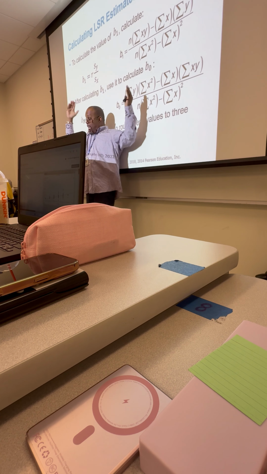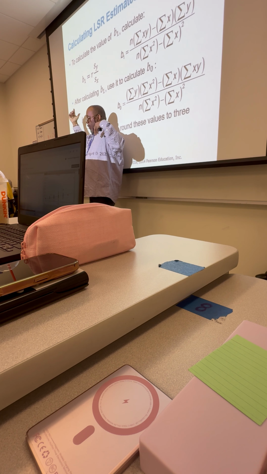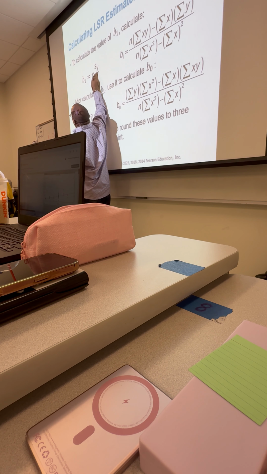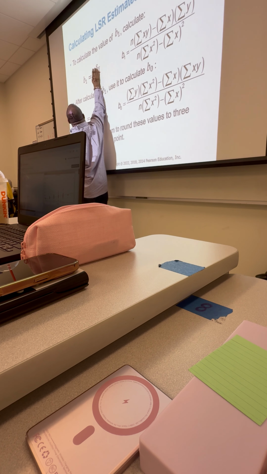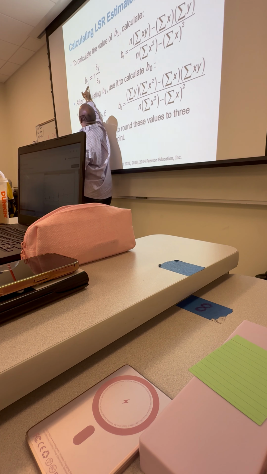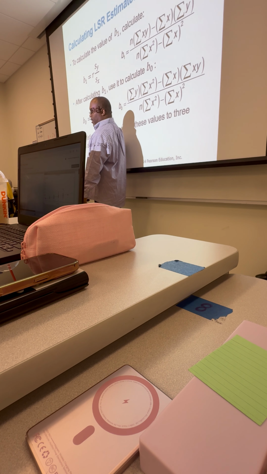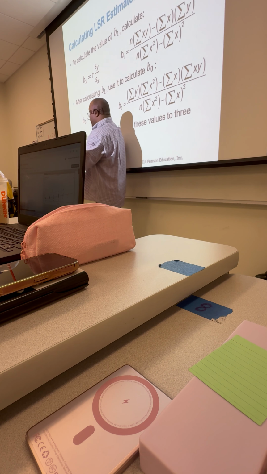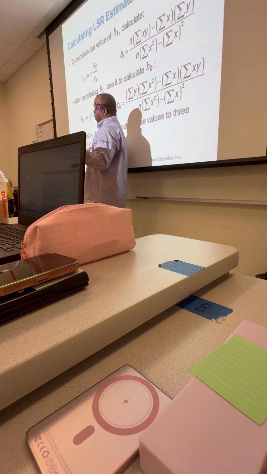Because remember, we had two columns of data. We had episode total, which was the Y data, and we had number of pricing games won, which was the X data. So this says calculate the sample standard deviation of the Y data, and this is the sample standard deviation of the X data. Of course, you can make StatCrunch do that if you have a large amount of data. So you can calculate the slope. Once you get the slope, you know this value, and then this is just the sample mean of the X data, and this is the sample mean of the Y data. So you can calculate the constant, and then you know the equation of the regression line.